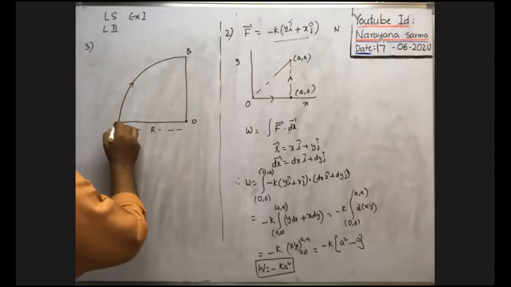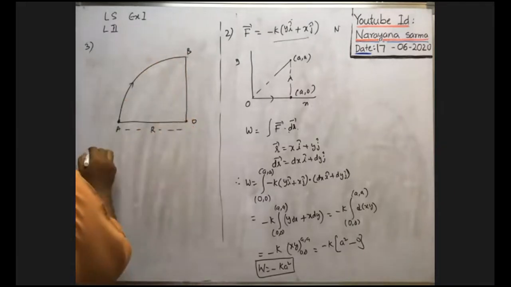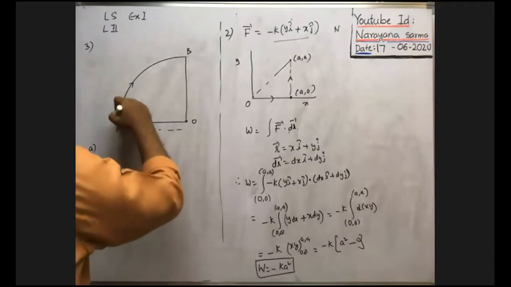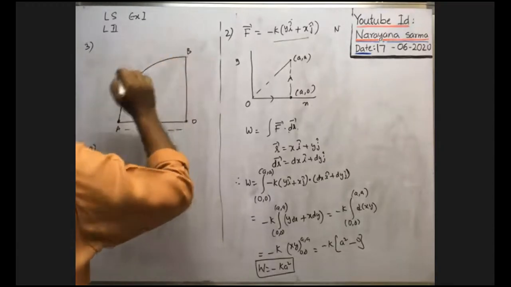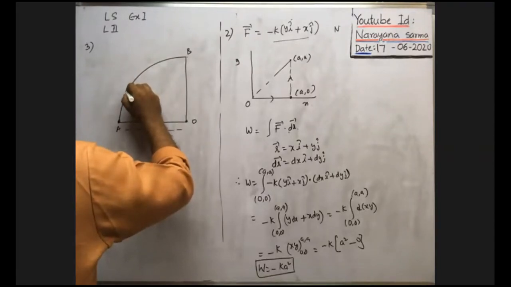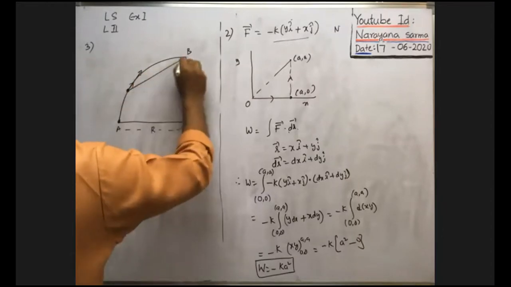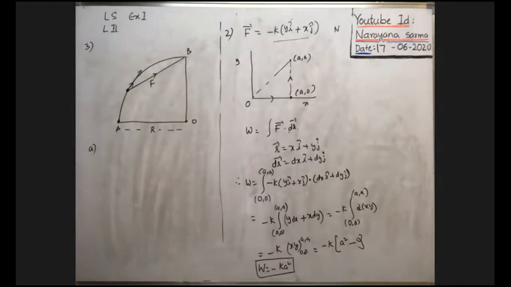Whenever the body displaces from A to B, what is the total work done by the applied force? In the first option, if the force F always points towards B, whatever the direction of motion of the body, the force always acts on the body towards B. Suppose the body lies here; the velocity direction is along the tangent, but the force always acts towards the point B. In that case, we already derived it here.